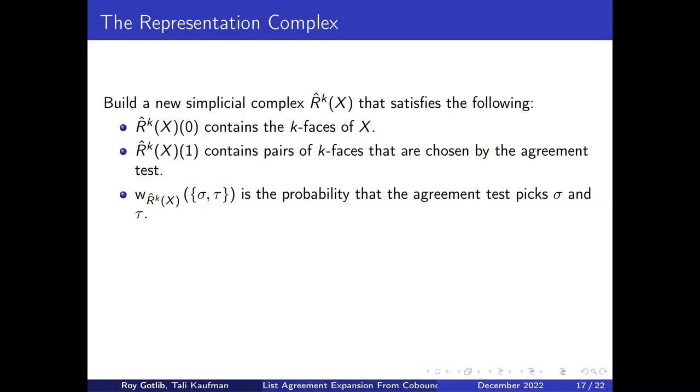I'm going to spend the rest of this talk giving a high-level description of our methods. Specifically, I'm going to limit myself to the case where every 2K faces that intersect each other on K vertices have some permutation under which their local assignments agree with each other. In order to analyze this case, we define a complex which we term the representation complex, which in effect represents